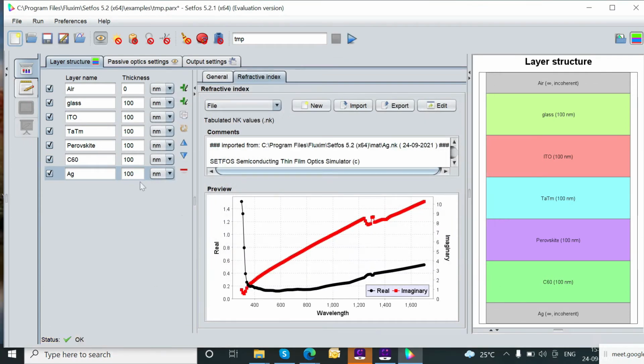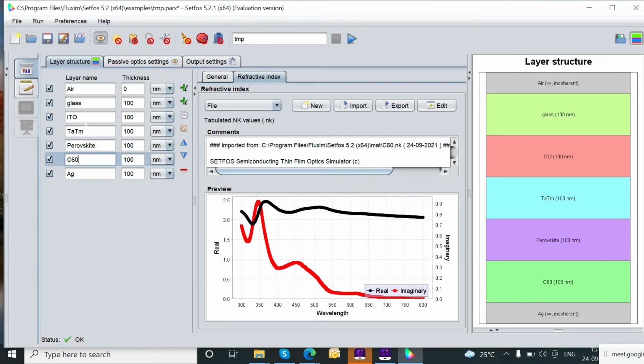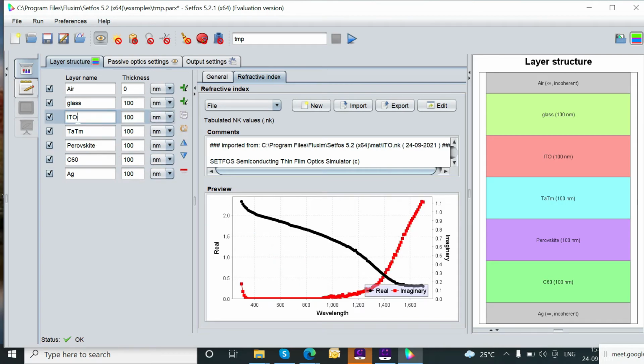So this is a script. The first column is wavelength, the second one is N, and the third one is K. You can change either in the script or in the graphical form. So both possibilities are there. And suppose you have revised the parameters and would like to export, then you can click on export, and you can export your data for future use.